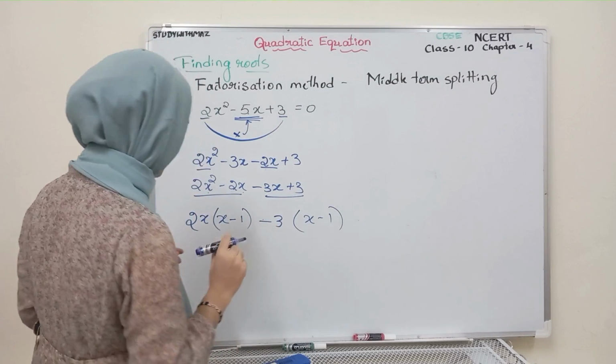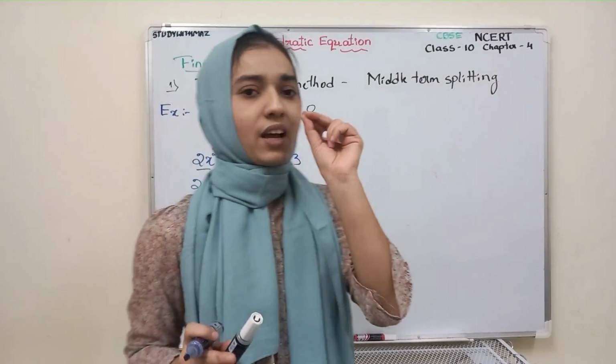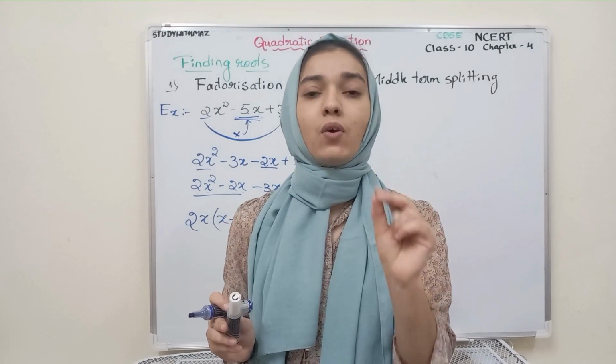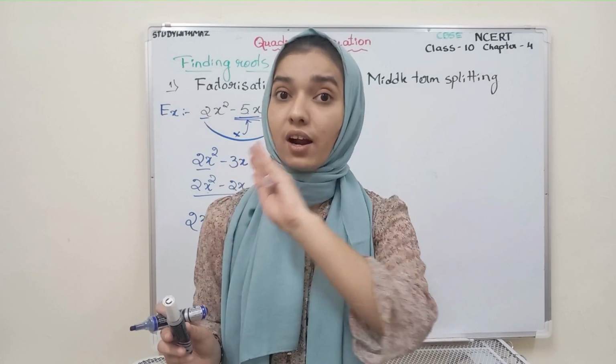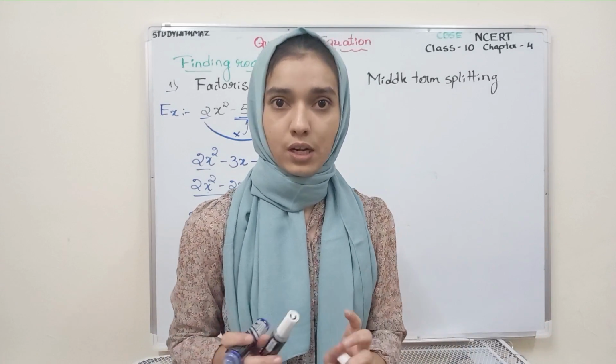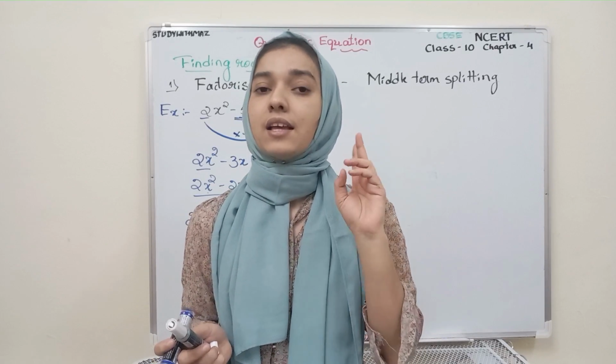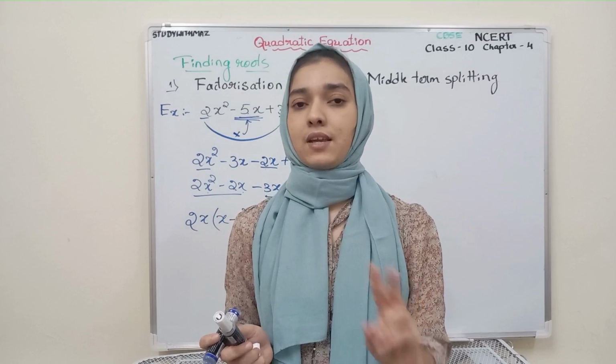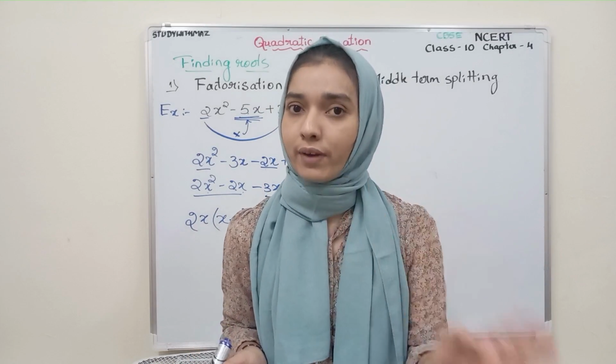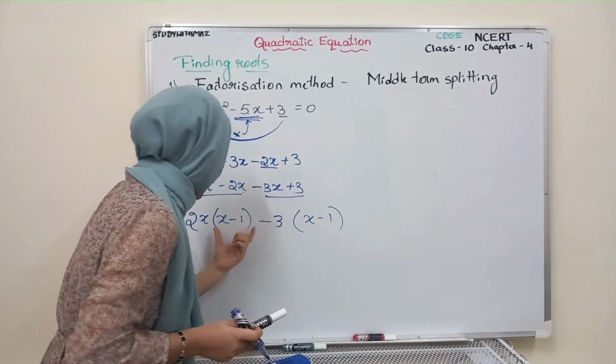Why? Because there are possibilities of getting only 2 roots. We can't get more than 2 roots. Understood? Only how many values of x can come? Only 2 values can come. More than that, we can't find. So 2 brackets will come.